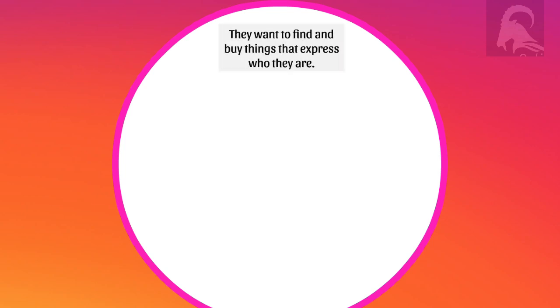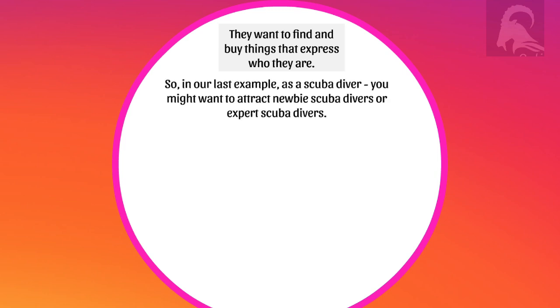So, I mean, if you think about yourself, if you find something about yourself that could potentially improve yourself, improve your hobby, improve your likes and avoid the dislikes and all that, you're more likely to trust that brand, that person, that company, right? So same kind of concept here. They want to find and buy things that express who they are. So if you can help them do that via the lifestyle, via the brand, then you're going to be able to close a lot of sales on Instagram.